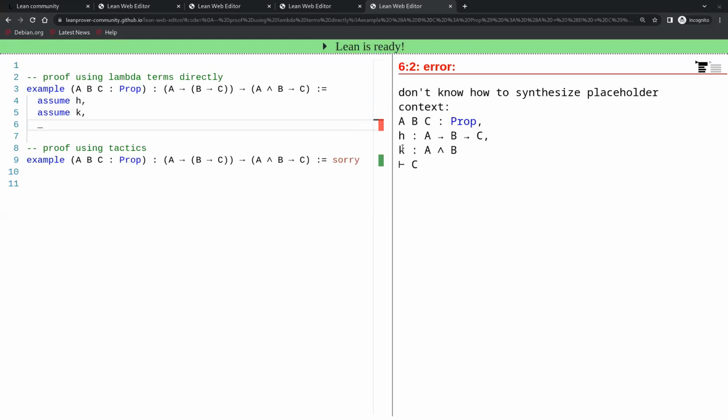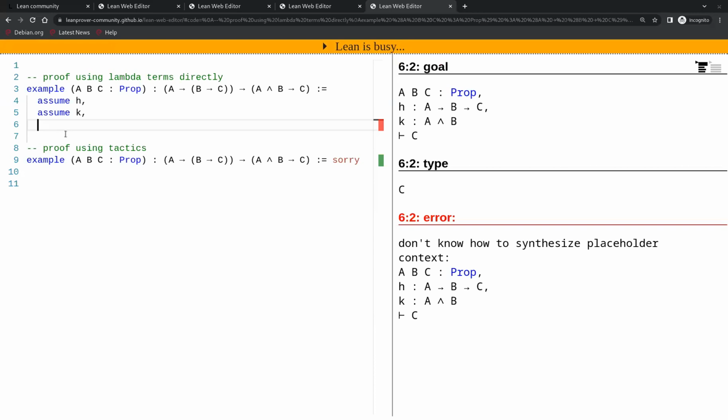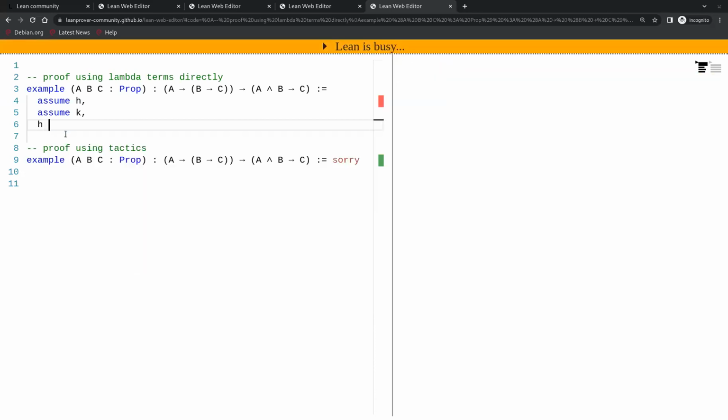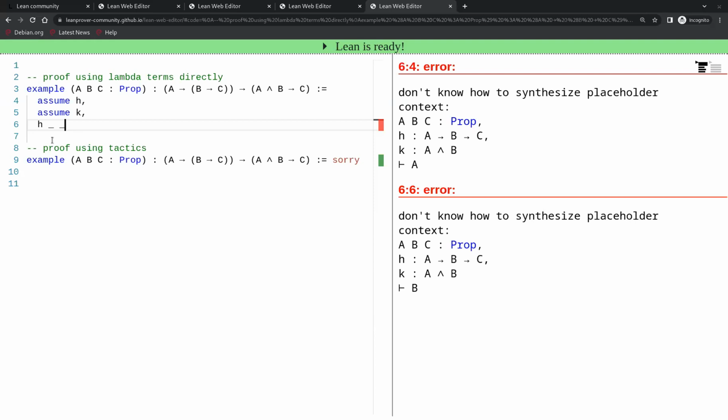Now, H is a proof that allows us to derive C from something else. So what we do is we reason again backwards. We want to arrive in C, and H ends up in C, so that's perfect. So we use H, and H takes two arguments. So we place two underscores after H. The first underscore here, this underscore,